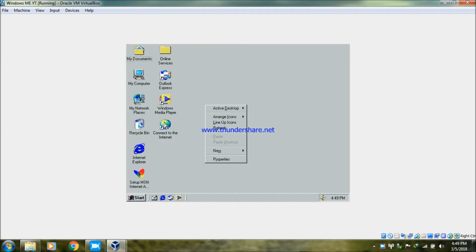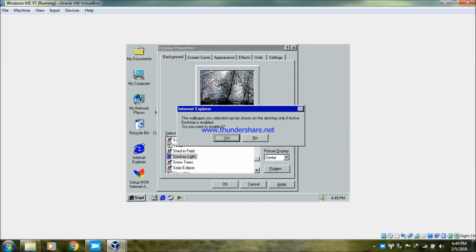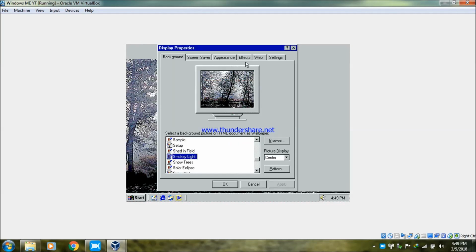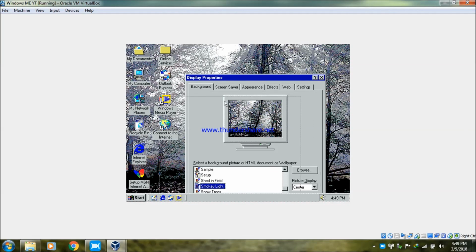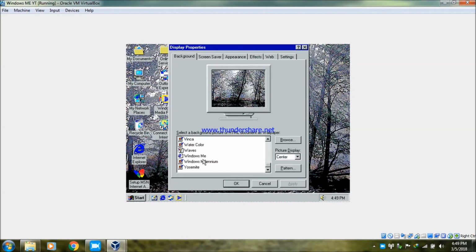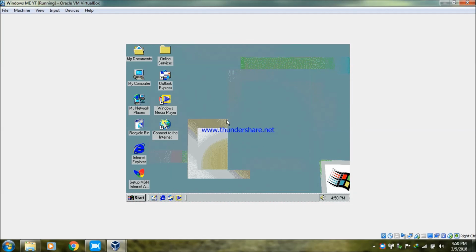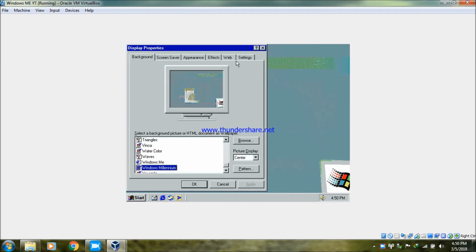Properties, it's gonna let you select your wallpaper, but those wallpapers look bad because there are no colors. The colors are messed up because it's 16 colors. As you can see in the wallpaper, those trees look crazy and horrible. So even Windows ME wallpapers look bad when you see them in 16 colors. So let's adjust it by going to